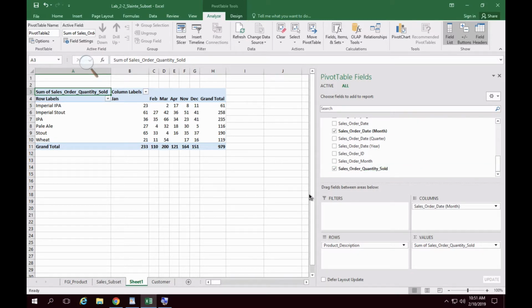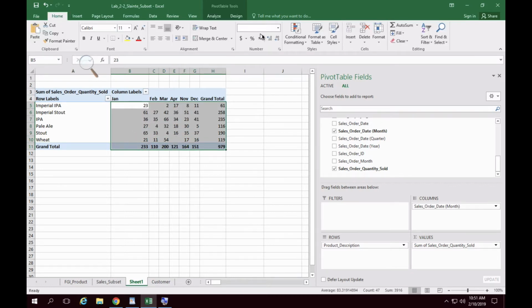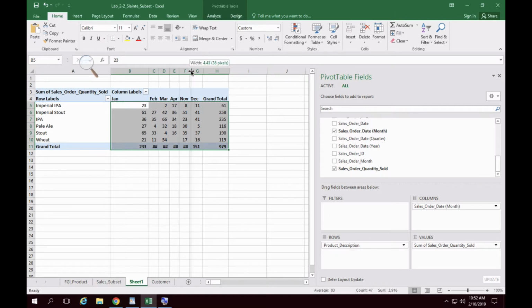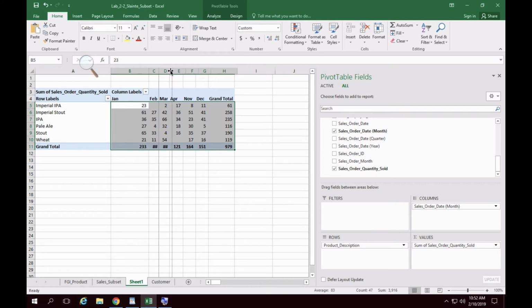So now notice that we have here what we need. You know, we can format this a little bit if you like, so it shows up a little bit better. Now you can see the totals here. And what we want to do is go back,